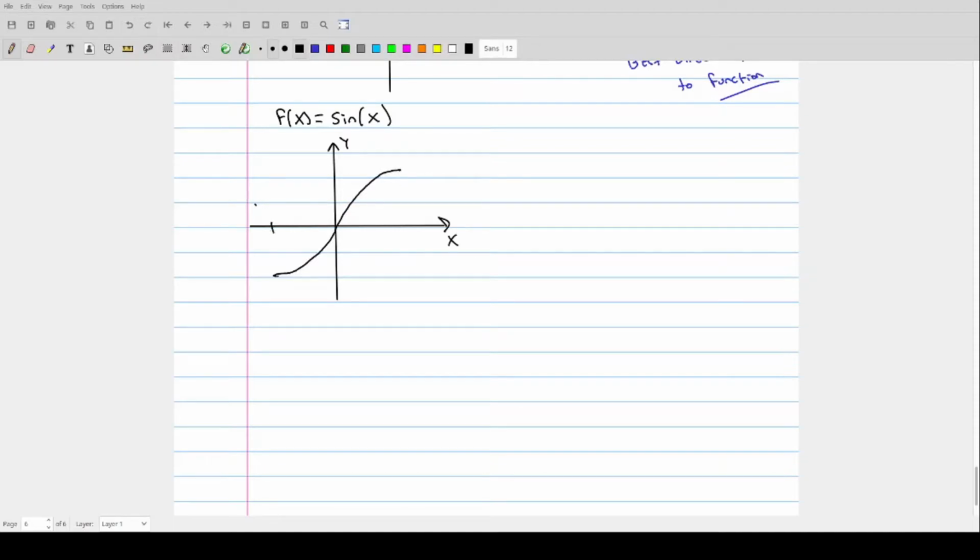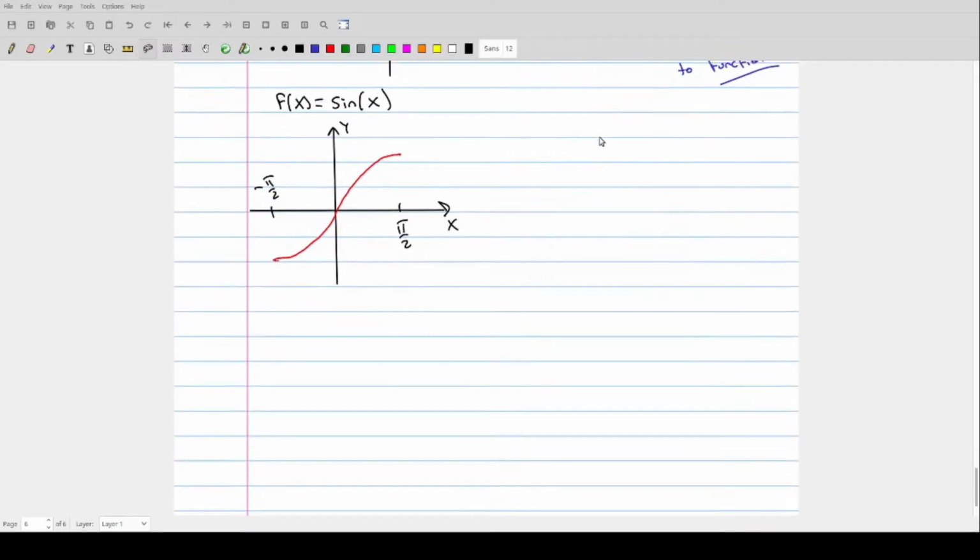So this point is negative pi over 2. This point is pi over 2. And if you look at the tangent line to this function, which we'll do in blue, just like above, the tangent line to this function is this line right here at this given point, the slope of which is given by the derivative f prime,